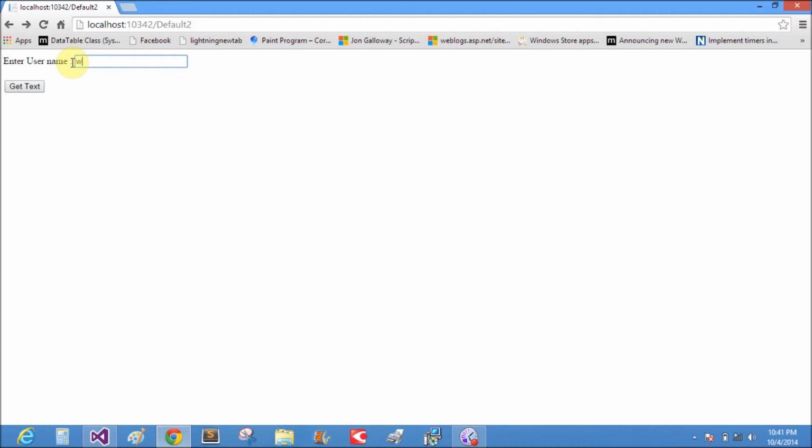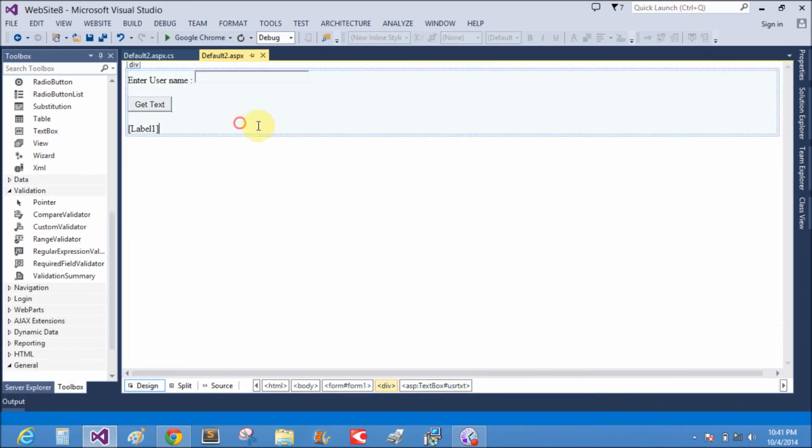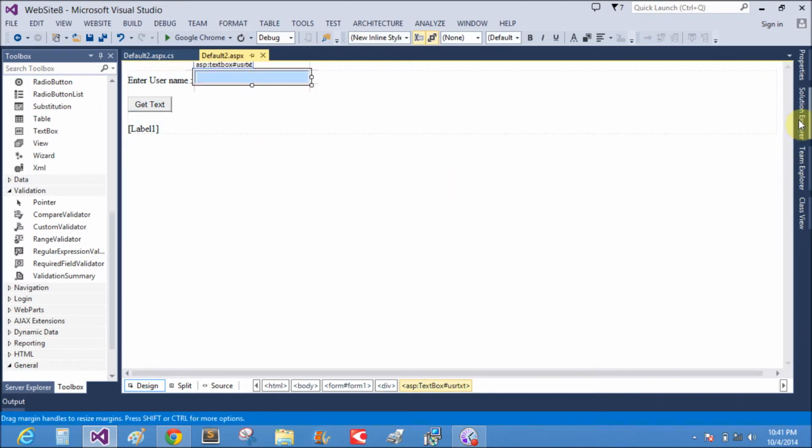That is 1 2 3 4 5 6, oops, only 5 characters are inserted here. That is the maximum length property.